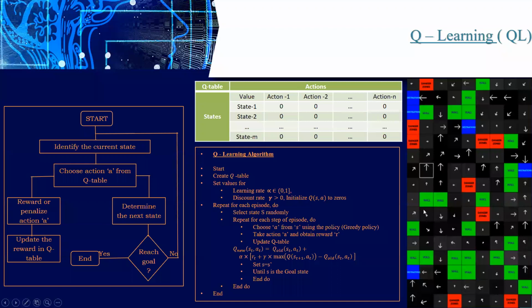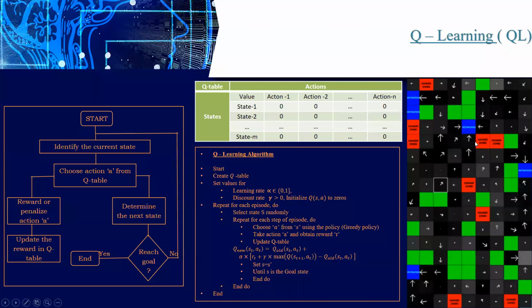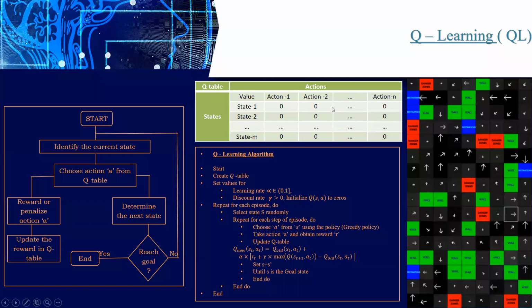Up each and every cell. Where is the hazard? Where is the destination? Where is the wall? We have to set all the things here, and what is the position of the player and what is the direction. All the things we have to place here. Okay. Again, along with this state, we have to identify the actions.